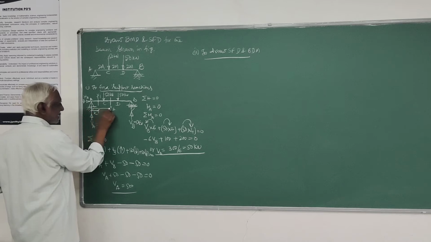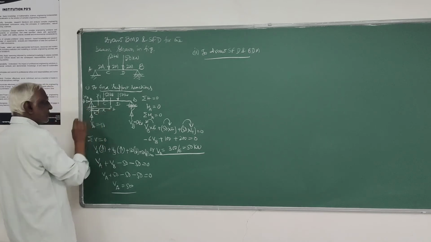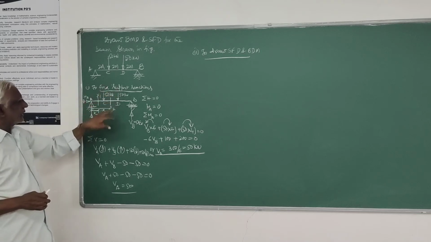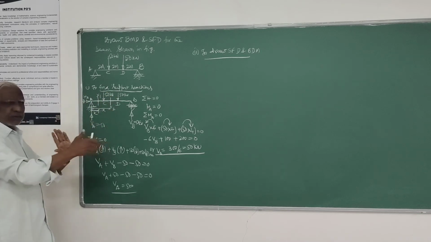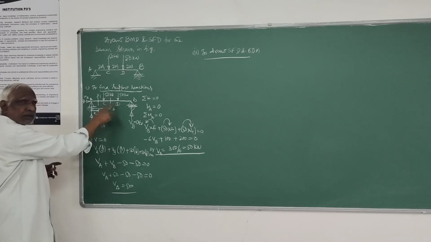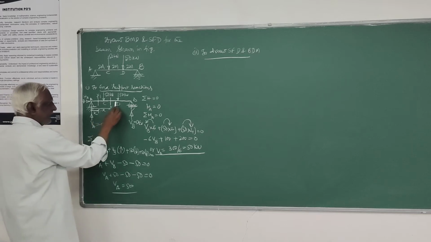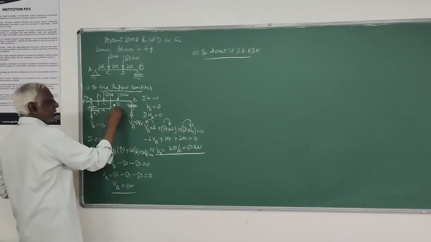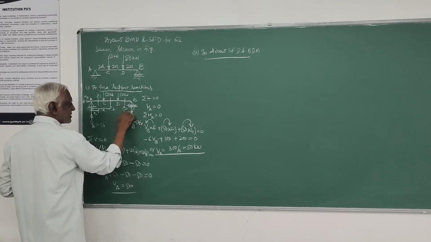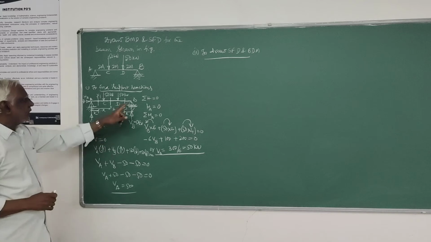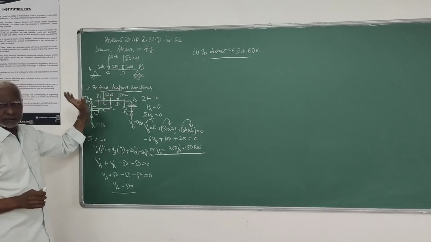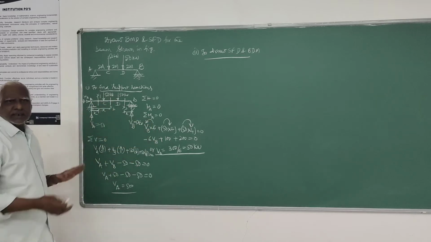Again, you can take a second section, measure the distance from the left-hand end, take the free body diagram towards the left, and take moments about x2. That will be the moment equation for the section x2 in the C to D range. Then for D to B, I will start from the other end. This section x3, I will start from this end. So B to D, one expression we will get. These three expressions for these sections will cover the entire beam.